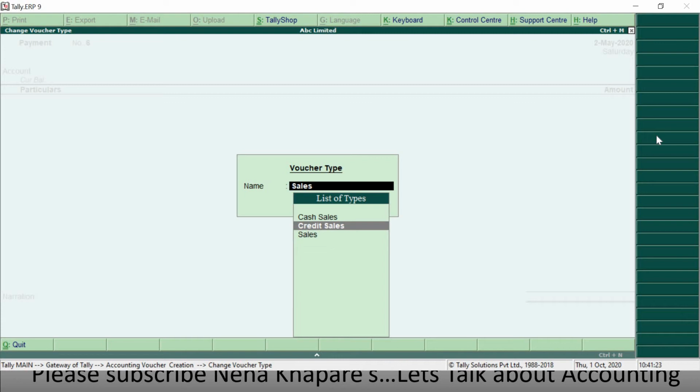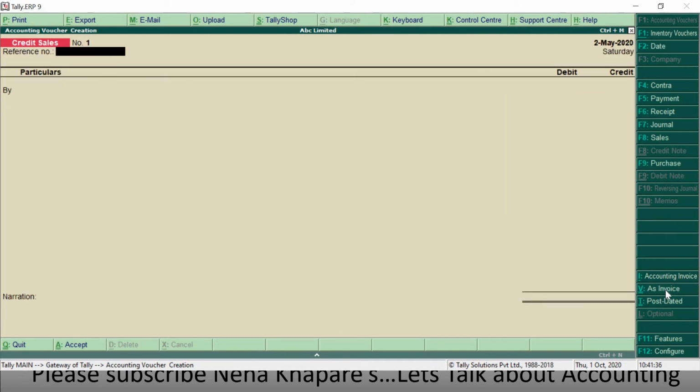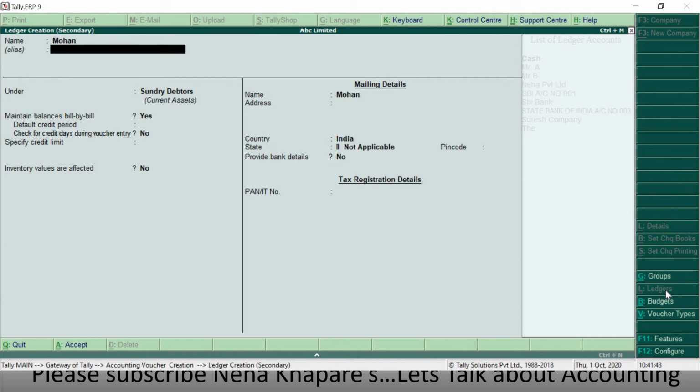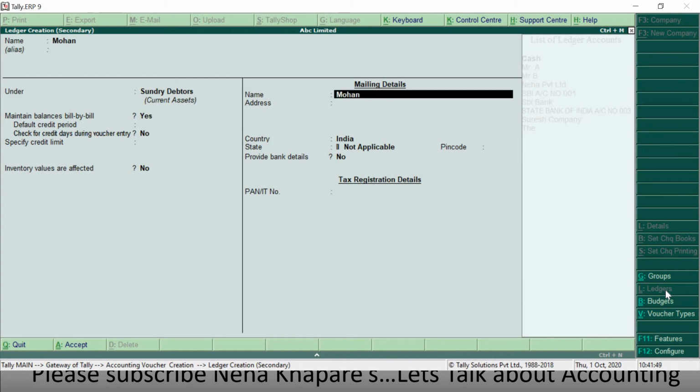As my example is goods sold to Mohan on credit of rupees 5000, I will take the voucher type as credit sales. I will give the reference number as 2. Remember, this is goods sold, so Mohan is my sundry debtor.